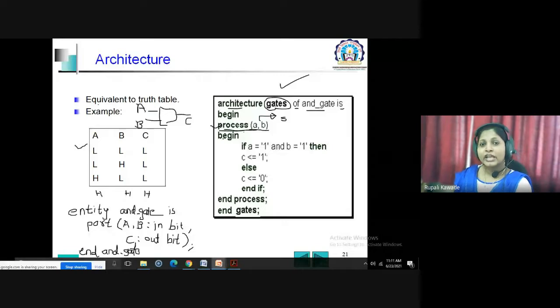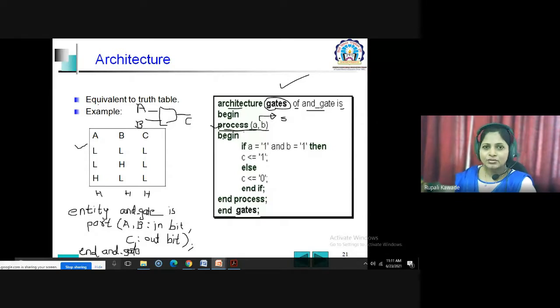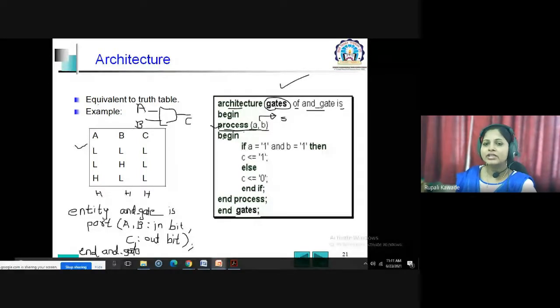Sensitive means, if input A changes, the process starts its execution, or if input B changes, the process starts its execution. So when the process starts execution depends upon the change of the signals given in its sensitivity list.